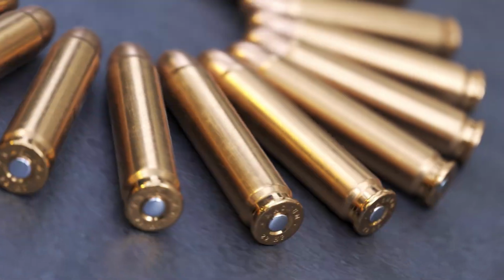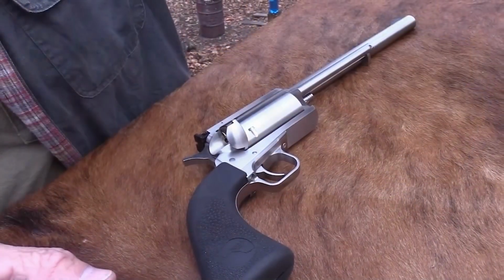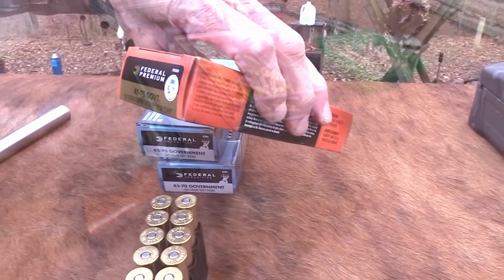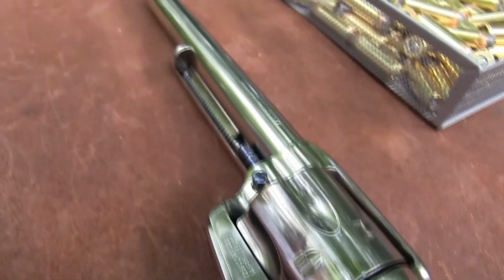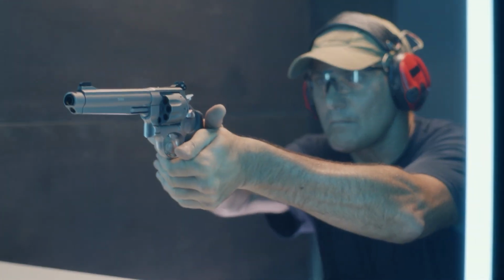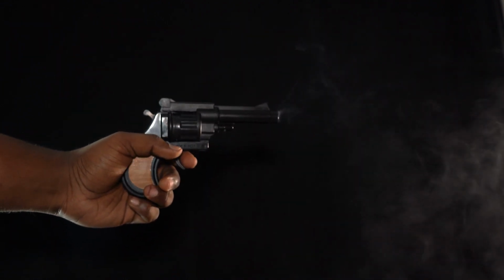It's chambered in the .45 Colt, which was originally designed for use in the Colt Single-Action Army. It has a 7.5-inch barrel and overall length of 13 inches, making it a fairly large and heavy revolver. One of the most distinctive features of it is its single-action trigger mechanism. This means the shooter must manually cock the hammer before each shot is fired. This can make the gun slower to shoot than modern double-action revolvers, but it also makes the trigger pull lighter